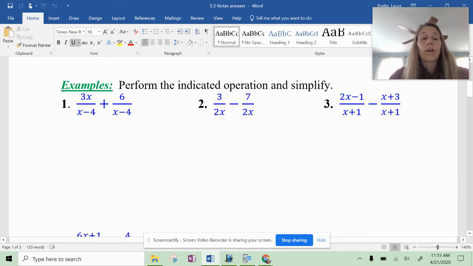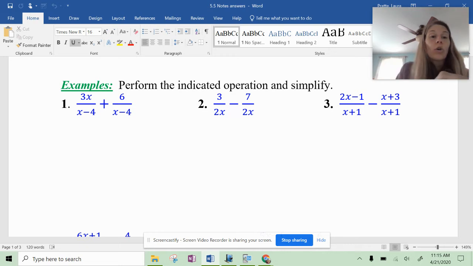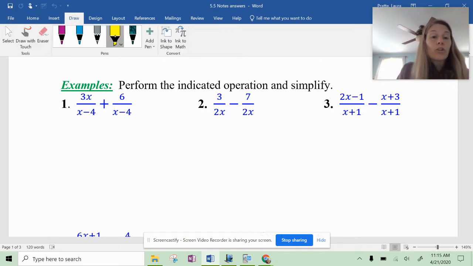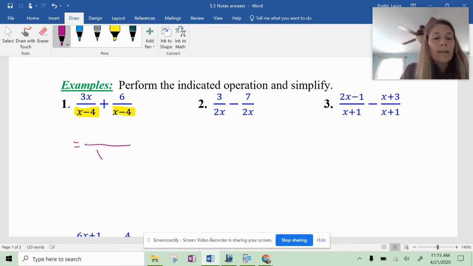Okay, so we're going to start out rather simple with just the common denominators already set up for us, so we can see how it applies with the binomials and things like that. So again, first thing we want to do is make sure that they have this common denominator. If they have the common denominator, you can just write that once, x minus 4,